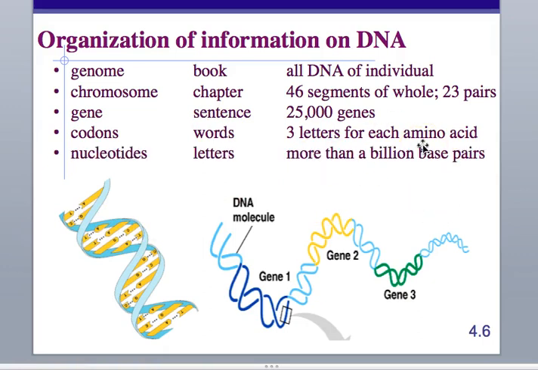And within each codon, if we're following our book analogy, if a gene is a sentence made of codons or words, then nucleotides make up those letters. So if this is a gene, let's say this one side of this is a gene, that would be a sentence basically. I can count in 3s, and every 3 is a codon. So 3 letters of the DNA code for an amino acid. But each one of those codons is only made of 3 nucleotides.